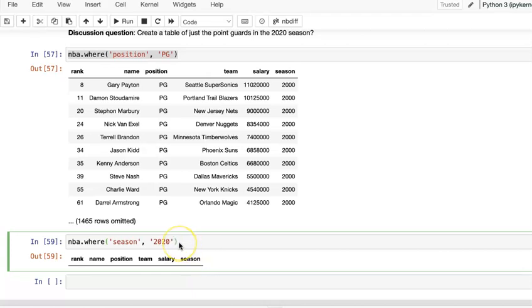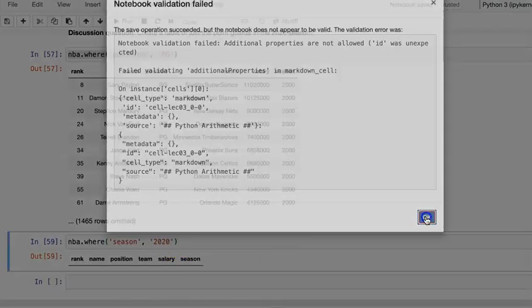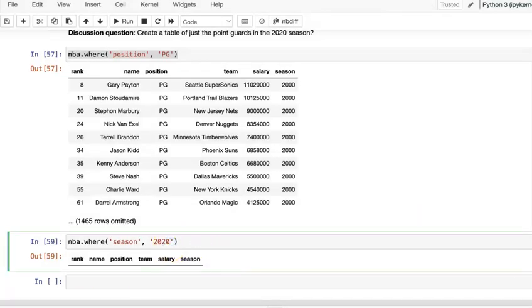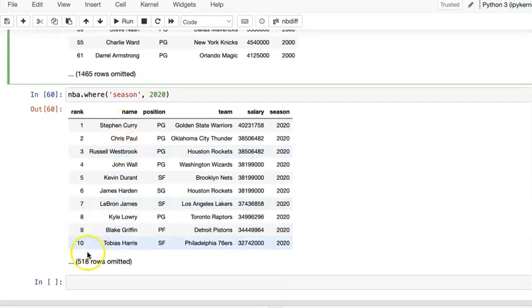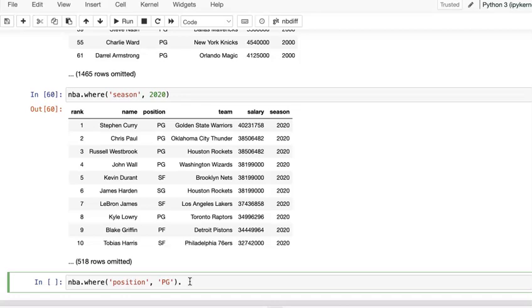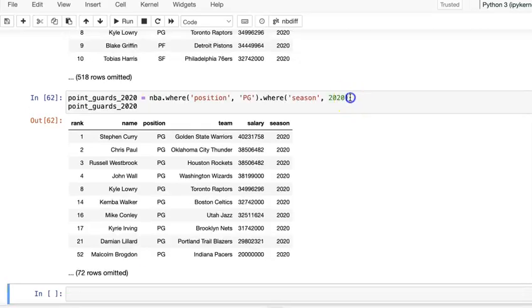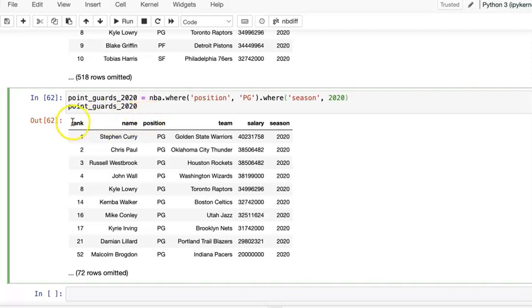No result. The reason is 2020 actually is a number, so no single quote. Then we need to combine them together. After we get the point guard, then we dot, then where the season is 2020. Then that's assigned to a new table name. So we assign to the new table name and display. Then you will see the point guard for only